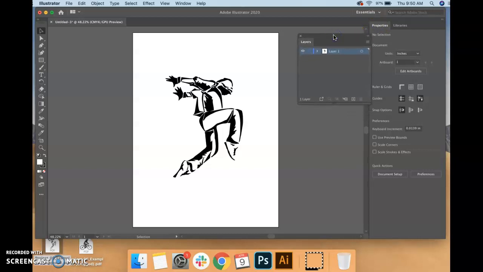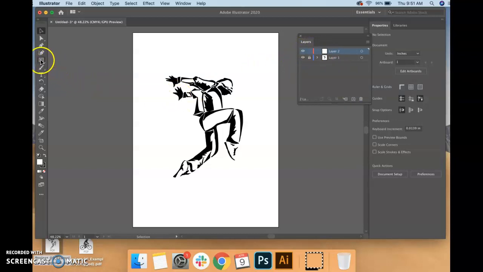Okay, so I've got my layers panel, and I'm going to go ahead and lock this layer. And what that does is it allows me to not make any changes to it, like accidentally grab it, accidentally affect this layer in any way when I'm trying to make my shapes. So that's pretty important. I'm also going to create a new layer, which is this little plus sign right here. And once I create a new layer,